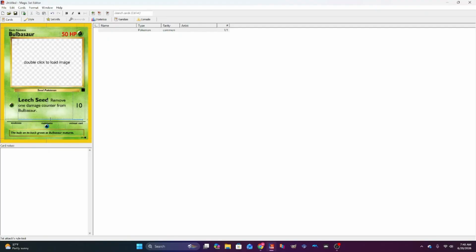So let's give him another attack. We'll say let's do Razor Leaf. And if you guys remember from 99, there was a little bar that would go between the attacks. We'll say that Razor Leaf is just the attack, there's no extra effects there, and we'll give it a damage output of 20. So now we've got our card here, and then we can double click and we can pick an image to